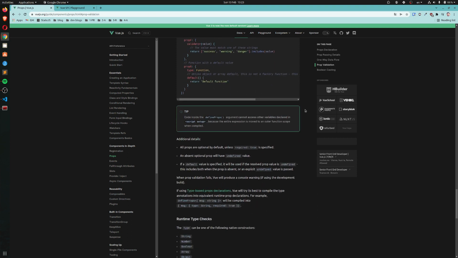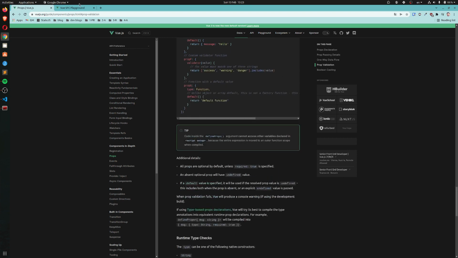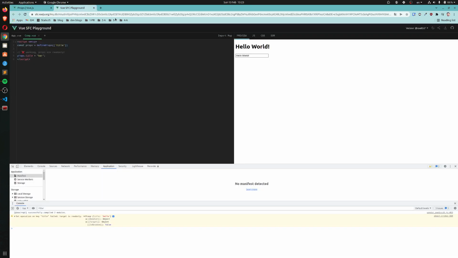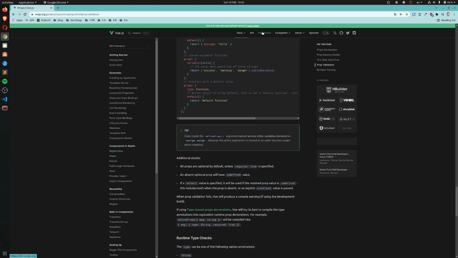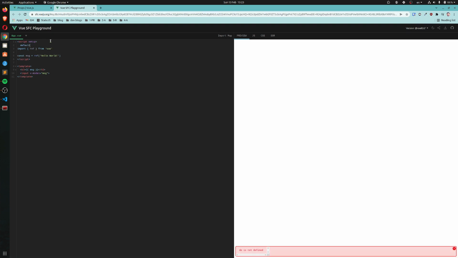All right. Code inside the defineProps argument cannot access other variables declared in script setup because the entire expression is moved to an outer function scope when compiled. Okay, so if we go to our, let's start a new playground. What it's telling us here is that if we have default props, if we have this,